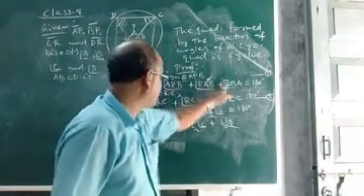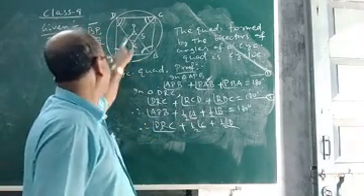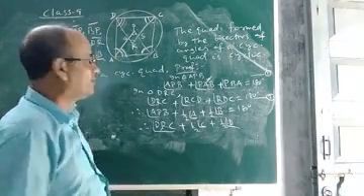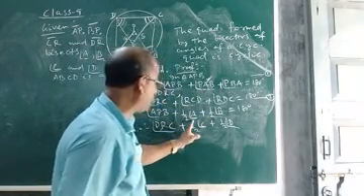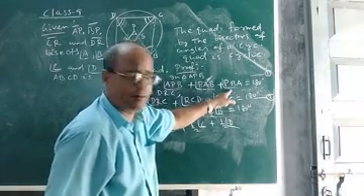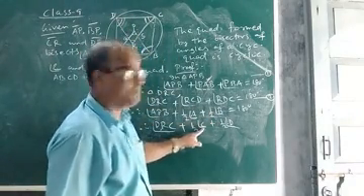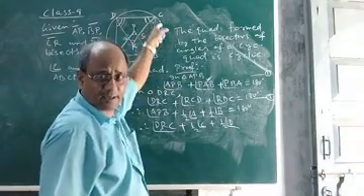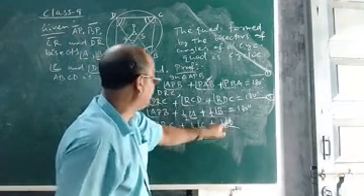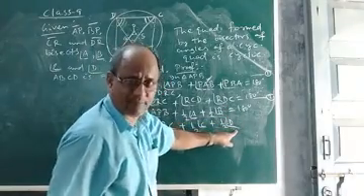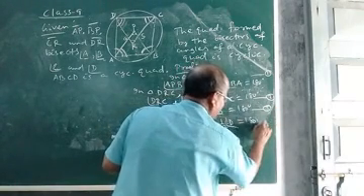In equation 1, angle PAB is half of A, because AP is the bisector of angle A. In place of PAB, I have written half of A. Similarly, in place of angle PBA, I have written half of B. In place of angle RCD, I have taken half of C because CR is the bisector of angle C, and DR is the bisector of angle D. Therefore, angle RDC will be half of angle D, so in place of angle RDC I have written half angle D. Suppose this is equation 3 and this is equation 4.